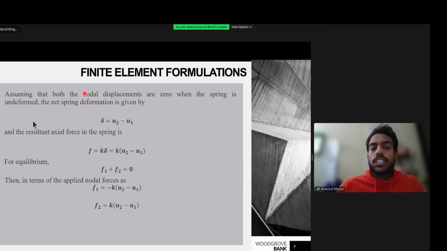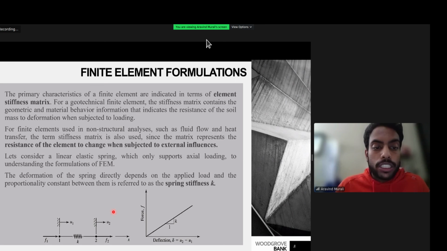Assuming that both the nodal displacements are zero, we get the relative spring deformation as delta is equal to the deflection at spring 2 minus the deflection at spring 1. Considering equilibrium of forces at the nodes, we get the applied nodal forces as F1 is equal to minus K into U2 minus U1, and F2 is equal to K into U2 minus U1. So these stiffnesses are obtained based on the free body diagram of